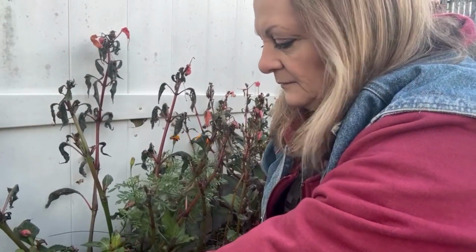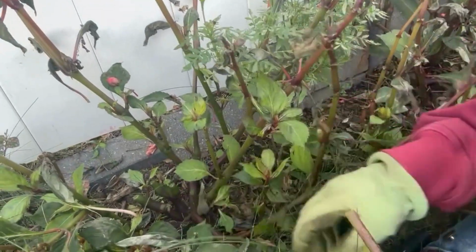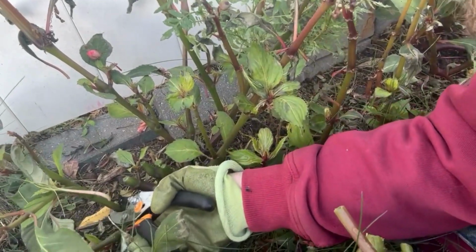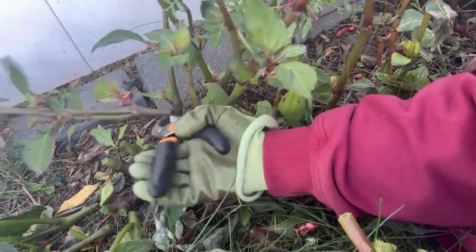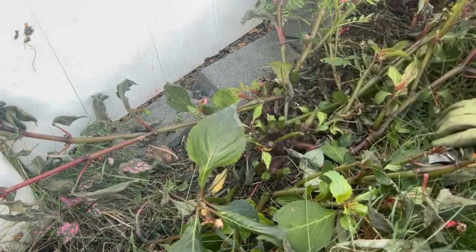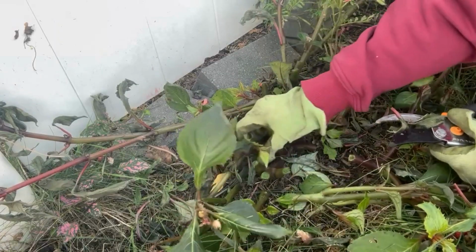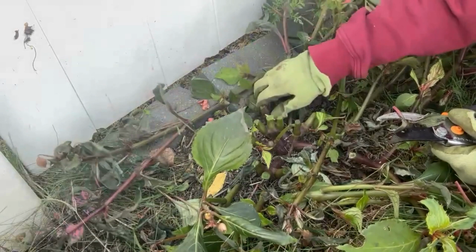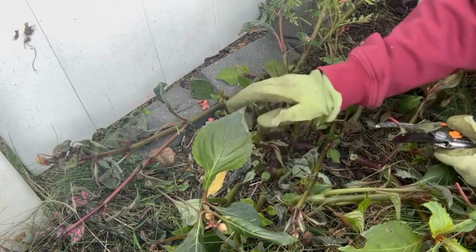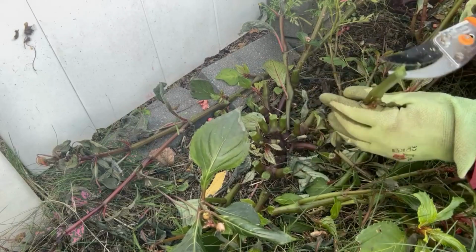I'm chopping these down, leaving some stem and the roots in the ground. Now the stem will let me know where this plant was when I go to plant next year, and having kind of disintegrated over the course of the winter, the roots will be much easier to pull, so that'll give me a clean start. And then I'm just going to chop,